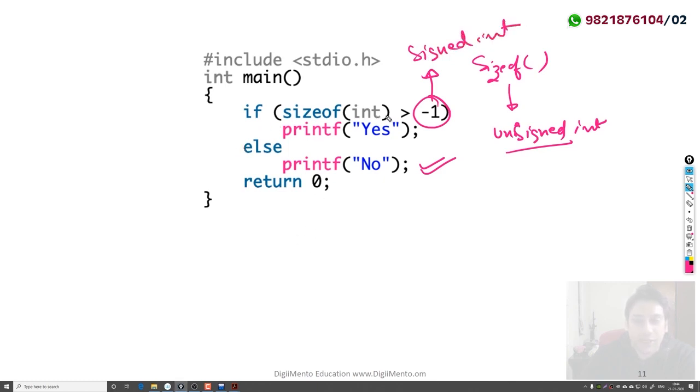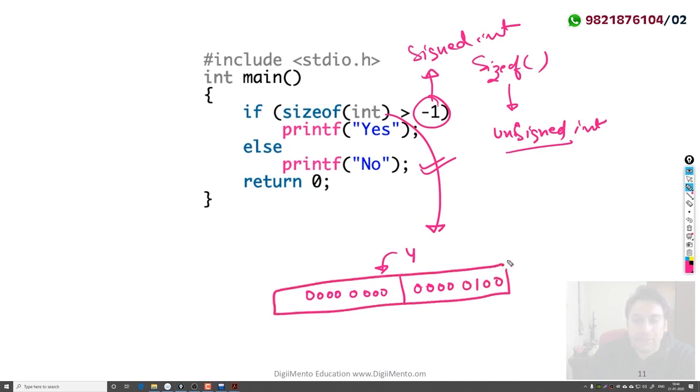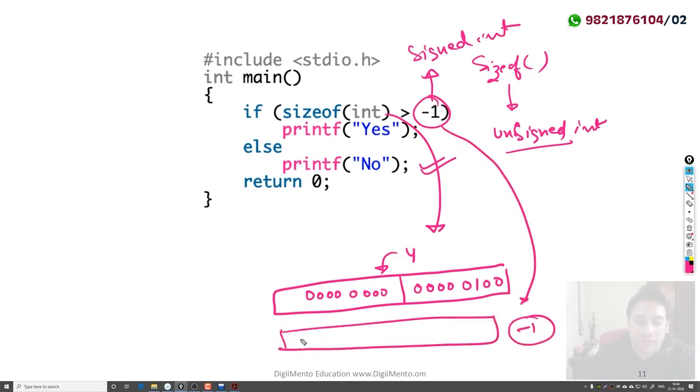Therefore, sizeof integer is 4, and this 4 will be stored like this: 0000 0000 0000 0100. This is representing your sizeof integer, which is 4. And if you look at -1, it is in 2's complement form, so -1 will be all ones.